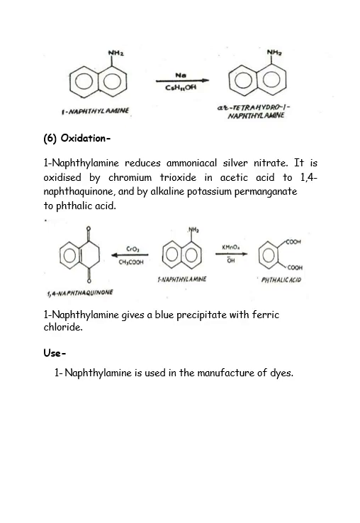Next, oxidation. 1-naphthylamine reduces ammoniacal silver nitrate. It is oxidized by chromium trioxide in acetic acid to form 1,4-naphthaquinone and by alkaline potassium permanganate to form phthalic acid. 1-naphthylamine gives a blue precipitate with ferric chloride. Next, uses. It is used in manufacturing of